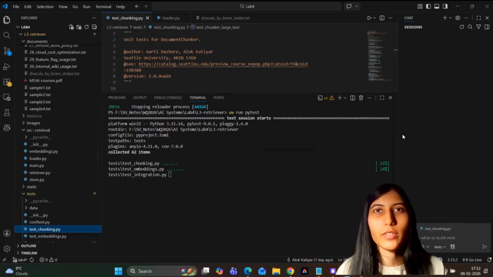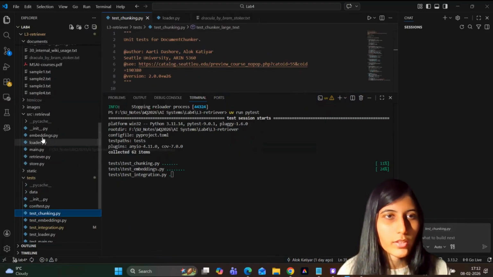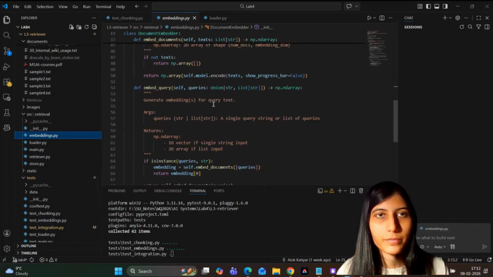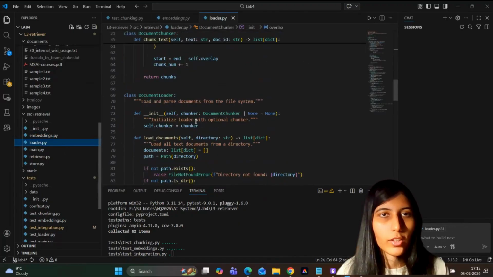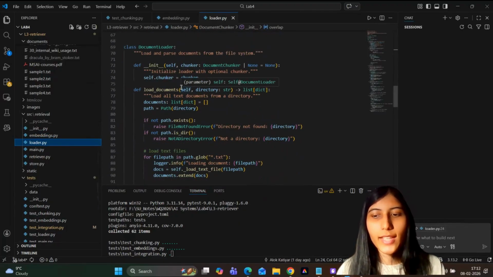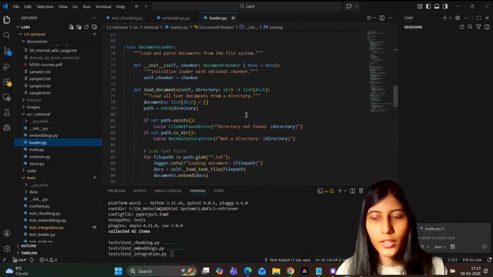In order to understand how this is working, the architecture goes like this. The first step is the document loader class, which is present in, let me show you, in embedding. So you can see the embedder file is over here. Okay, the document loader file is present in our loader file. What it does is scan for both .txt files, that is text files, and PDF files. The second step, for PDF files, is that I've been using the PyPDF library to extract the text from every page.